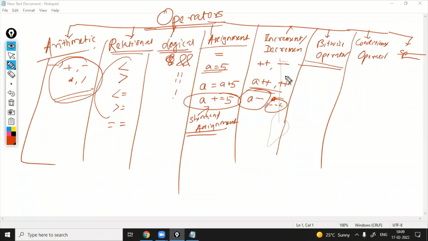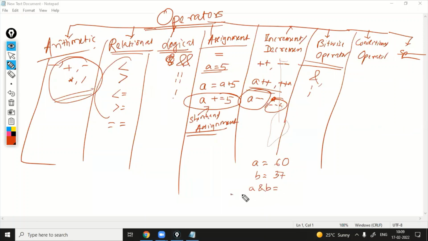Bitwise, you know, bitwise AND and bitwise OR. If I ask you a question, for example, a equal to 60, b equal to, let's consider, 37. Now the question is, if I want to find a bitwise AND b, what is the output?